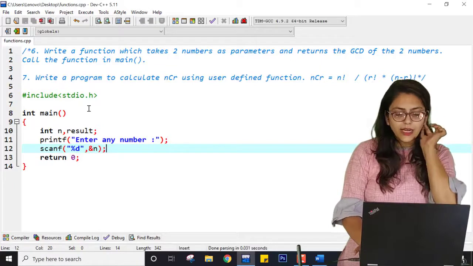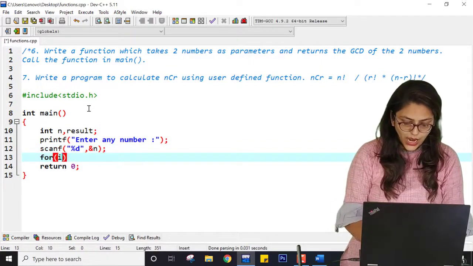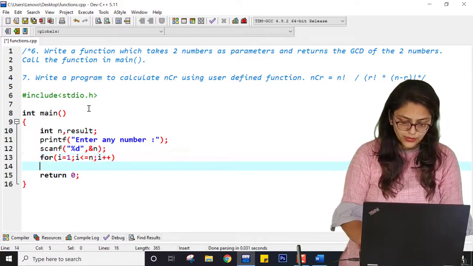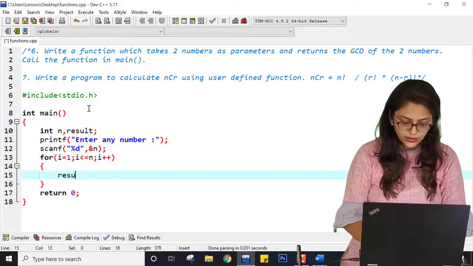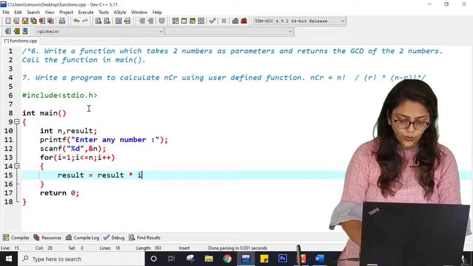Now after that I was taking a loop for i equal to 1, i less than or equal to n, i plus plus, I was doing result equal to result into value of i.